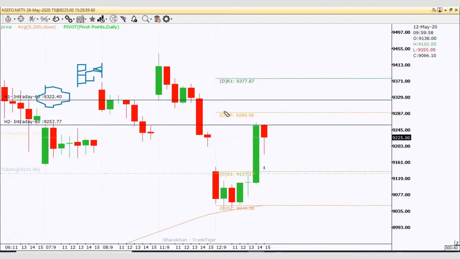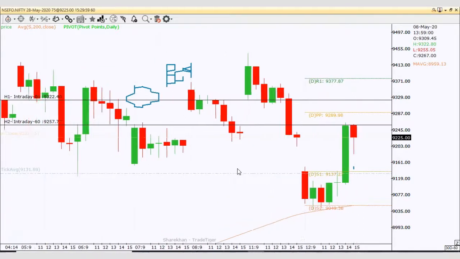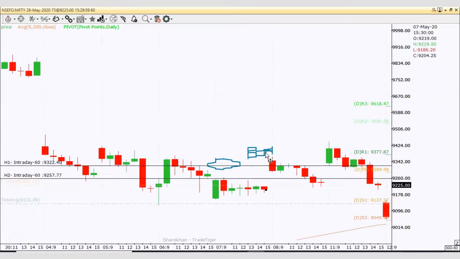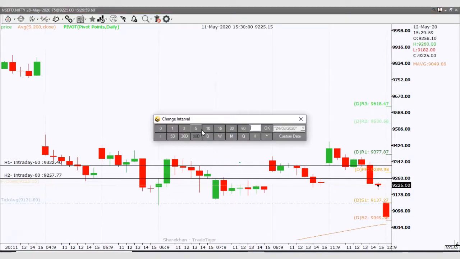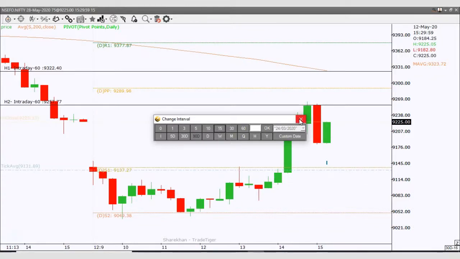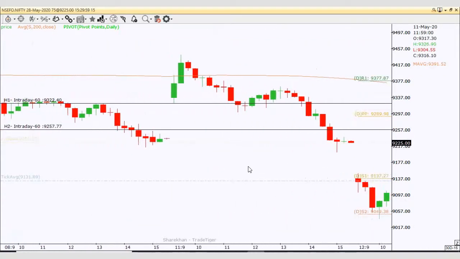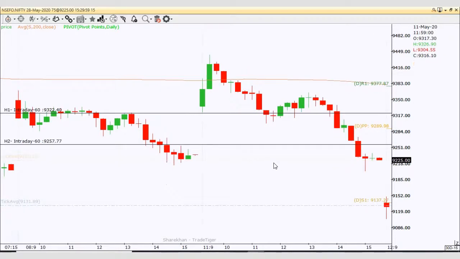So once we get these two levels, let me show you, for instance, on some 15 minutes chart. See, today the market opened like this, gap down first of all initially, but this value we knew yesterday itself, this range, am I right or wrong? And all these pivots, floor pivots, we can also calculate.